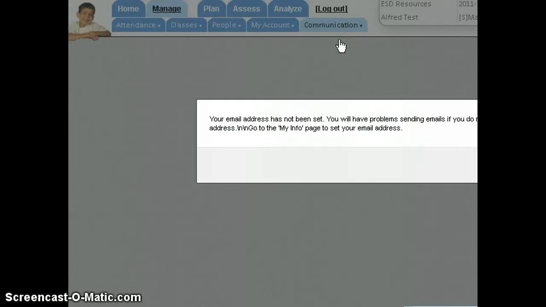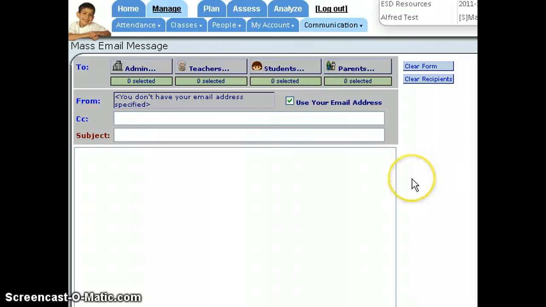So click on that. Now in this case I'm using a test site, so I don't have an email address associated with this course, but your class will be structured in a way when you are in SAS that your teaching email will already be associated with this class that you have, and that will show up here in the From category. So along the top we have our four categories: administration, teachers, students, and parents, and by simply selecting